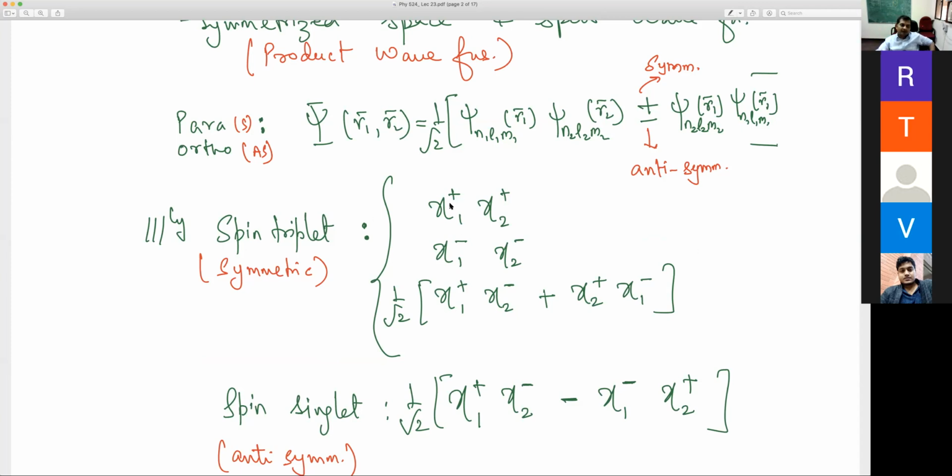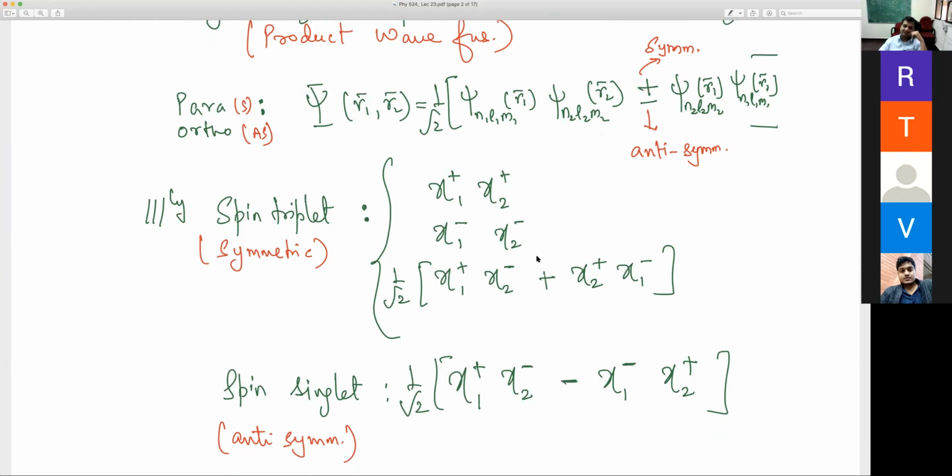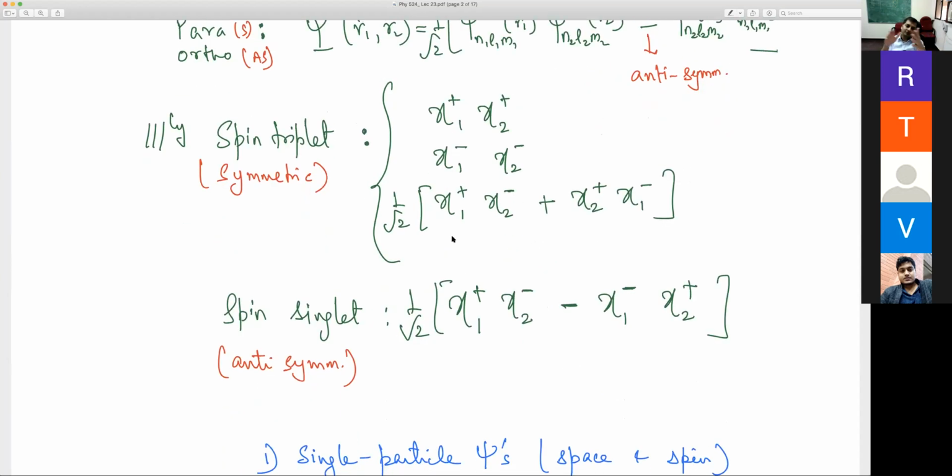Then I can combine these to generate wave functions which are symmetric. The product chi1 plus chi2 plus, and the product chi1 minus chi2 minus. The total angular momentum projection is plus one in the first case and minus one in the second. And then I can produce a product where spin 1 is up and spin 2 is down, and vice versa, spin 1 is down and spin 2 is up, taking a linear combination of these. These three together are called spin triplets. They denote the spin symmetric part of the wave function for a two electron system.